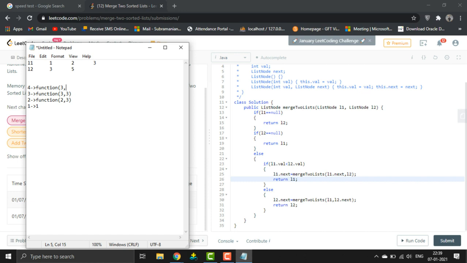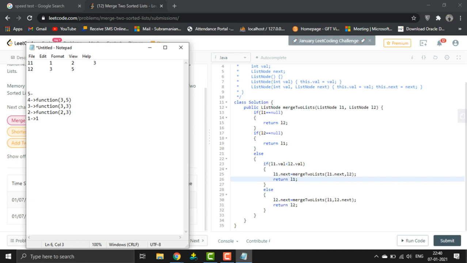Of course 3 is not greater than 3, but it is not lesser than 3, so in that case it comes under this condition. So L1 won't be changed, because L2 is the lesser value according to this condition. L2 is the lesser value, so we are pointing to the next element, which is 5. Okay,